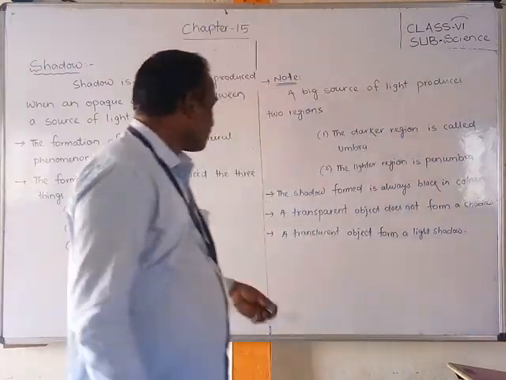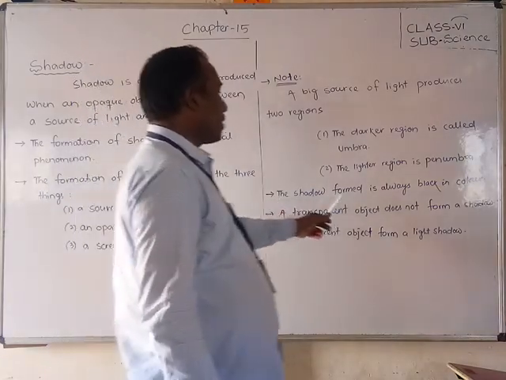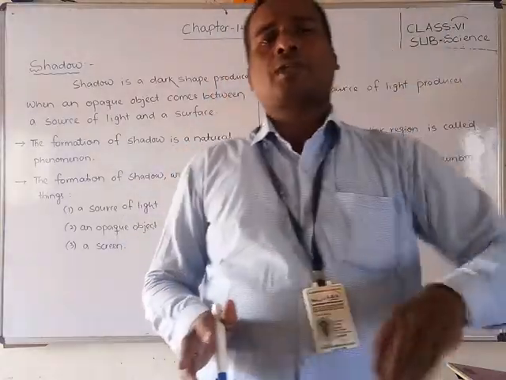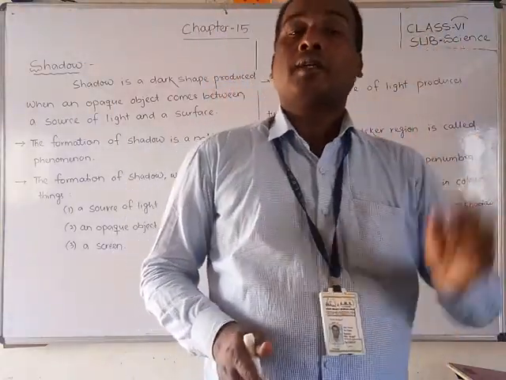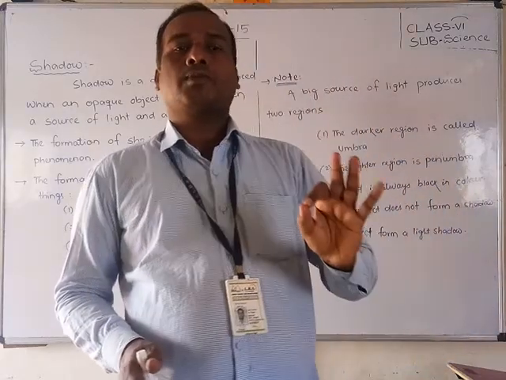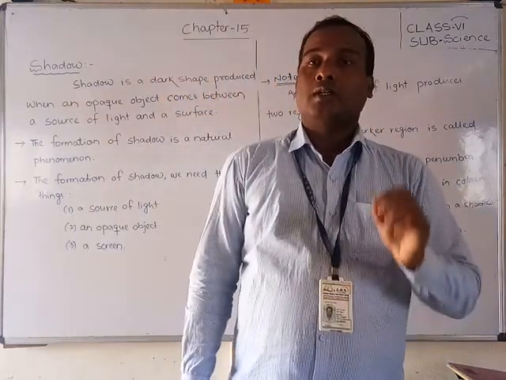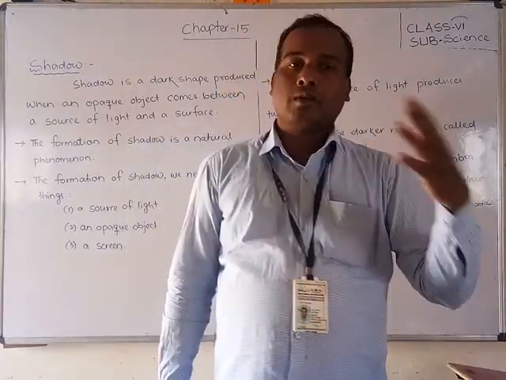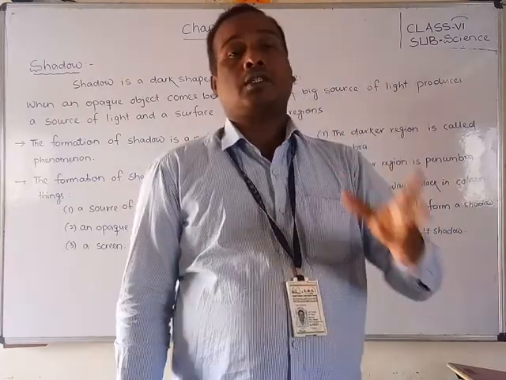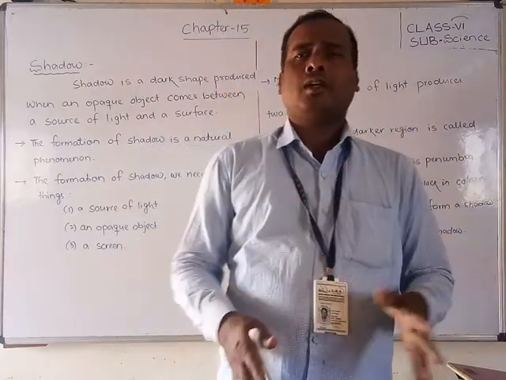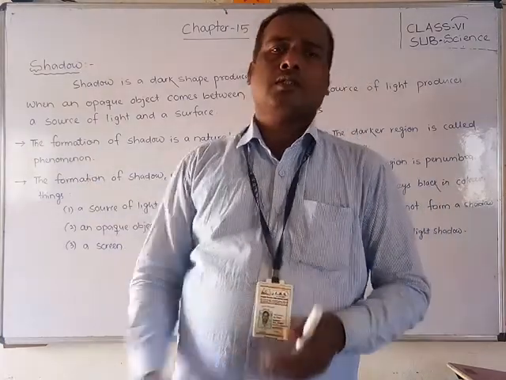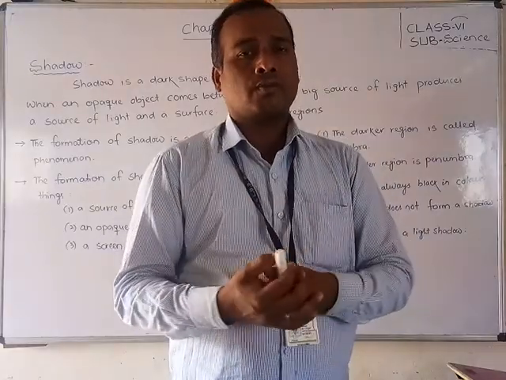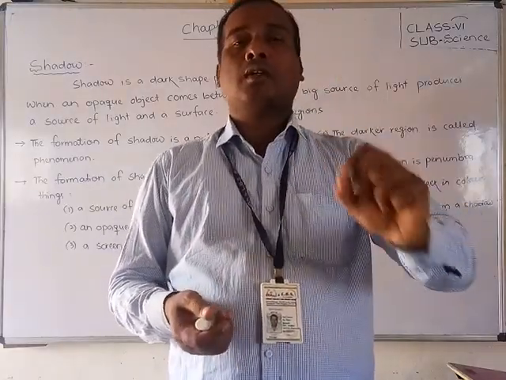this type of image is called a penumbra. Okay. Next point, friends: the shadow formed is always black in color. You have seen that any colored opaque object you keep in front of a source of light, you will find only one same color, the black color. Okay, a dark or black shadow will form. Whether it is red, violet, indigo, green, blue, orange, any colored opaque object, if you place it in front of sunlight or any source, the shadow that forms is the same dark or black color.